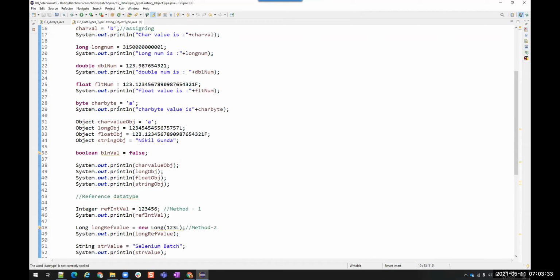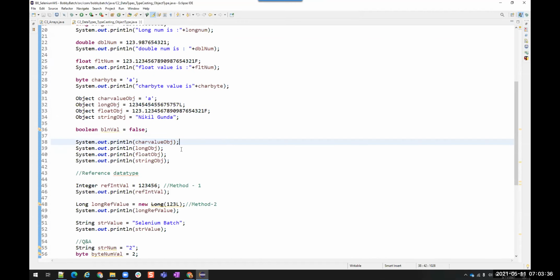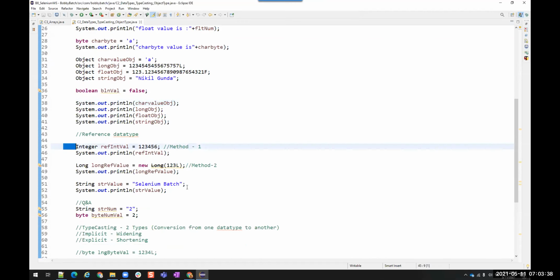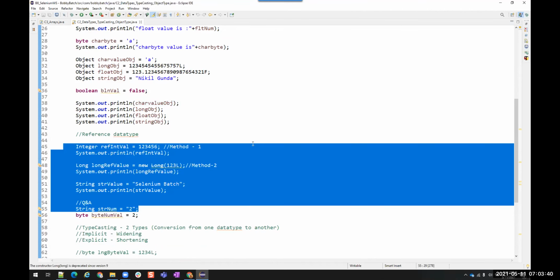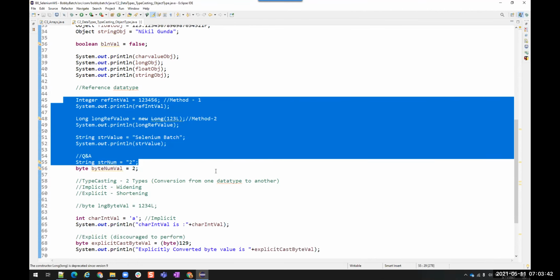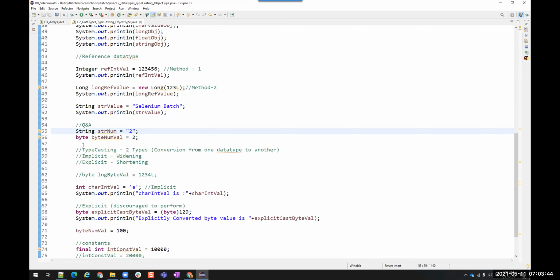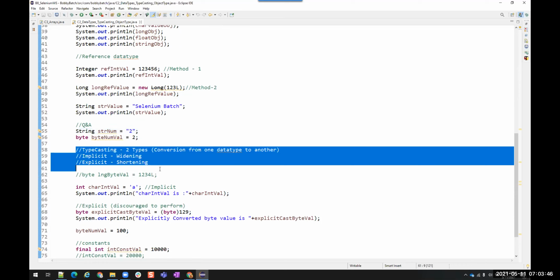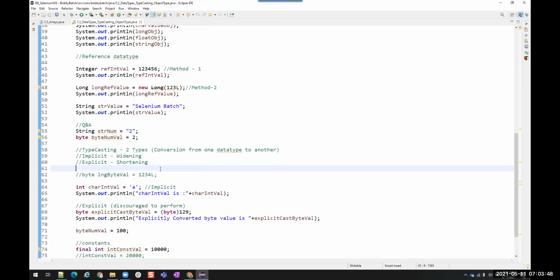In data types, what is object type? What is a reference data type? How do we create reference data type variables? And then what is typecasting? In typecasting, we learned about implicit and explicit. So whether we should do explicit typecasting or not, what happens if you do explicit typecasting?